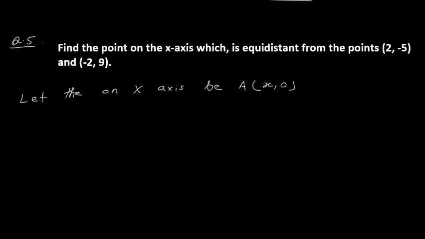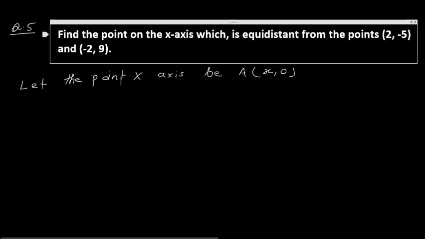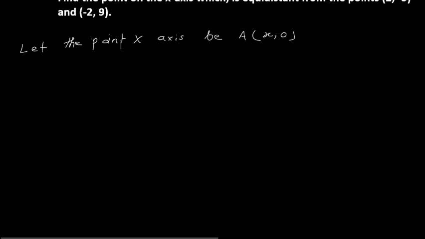Let the point on x-axis be A (x, 0), which is equidistant from